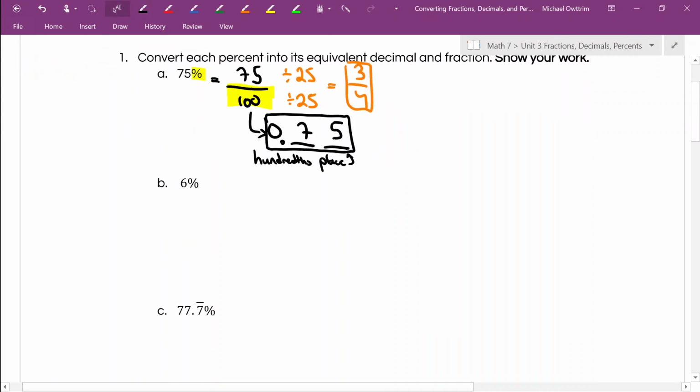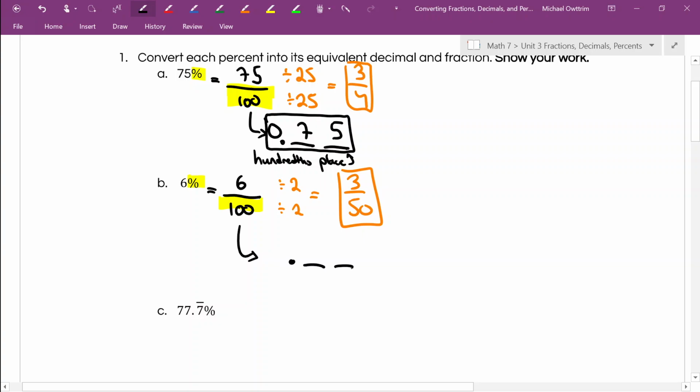For the value 6%, again, we're going to start by recognizing that percent means out of 100. And the value on top is just a 6. Again, I can simplify this fraction. I know that both of these are even numbers. They both divide by 2. That gives me the simplified fraction 3 over 50. For my decimal, again, I have 100 on the bottom, so my decimal will reach the hundredth place, or 2 spots after the dot. My top just has a 6 in it, and as usual, any empty places gets filled in with a 0. So again, we get our decimal